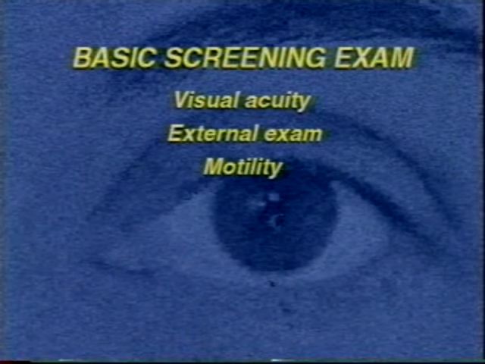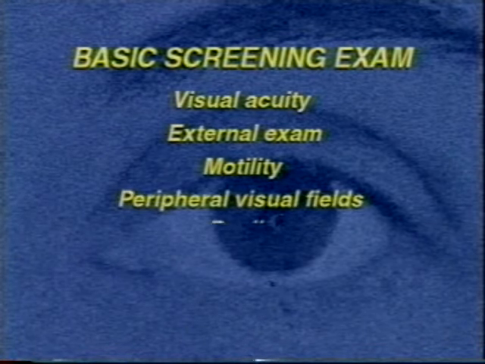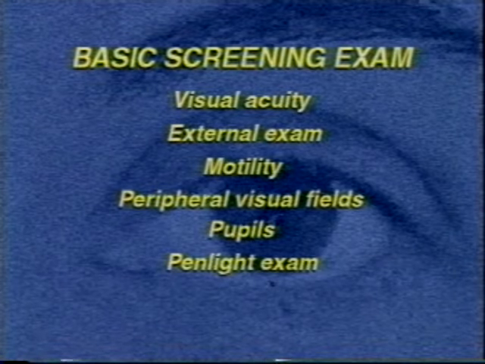The basic eye examination is an important part of a thorough history and physical examination. There are many systemic diseases with ocular manifestations that can be detected by a primary care physician. Examples of these are AIDS, malignancies, child abuse, hypertension, and diabetes. The basic parts of the eye examination are visual acuity, external examination, motility, visual fields, pupils, penlight examination, and direct